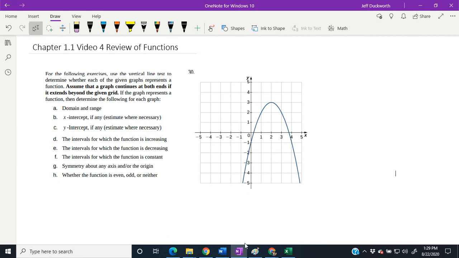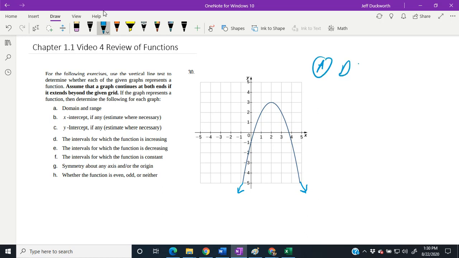So essentially what we know is these graphs go on and so forth. So let's take a look at the first few things. Part A,